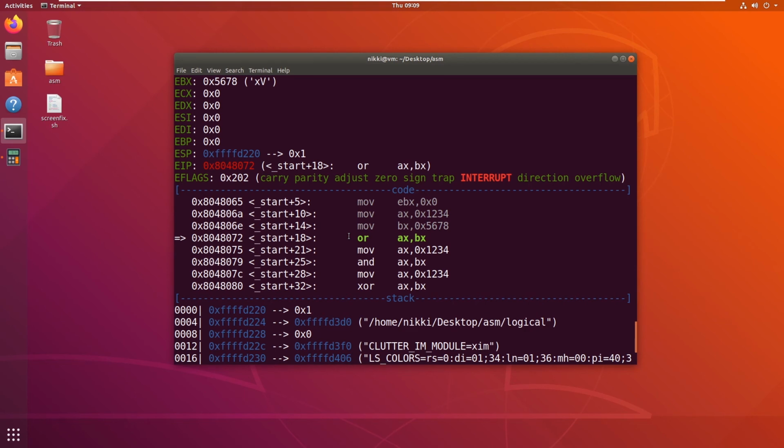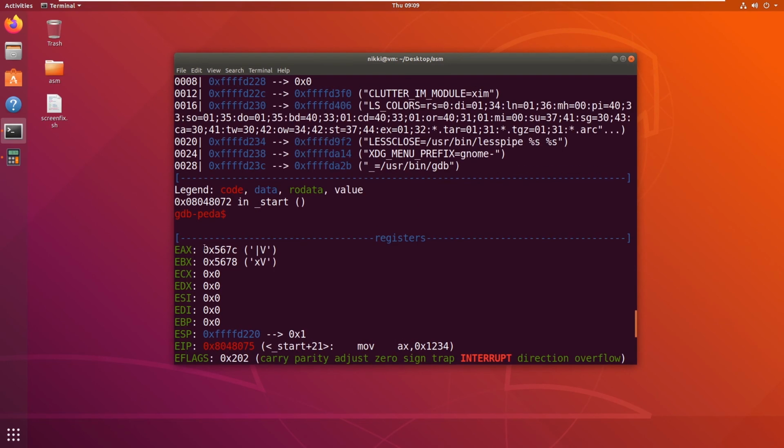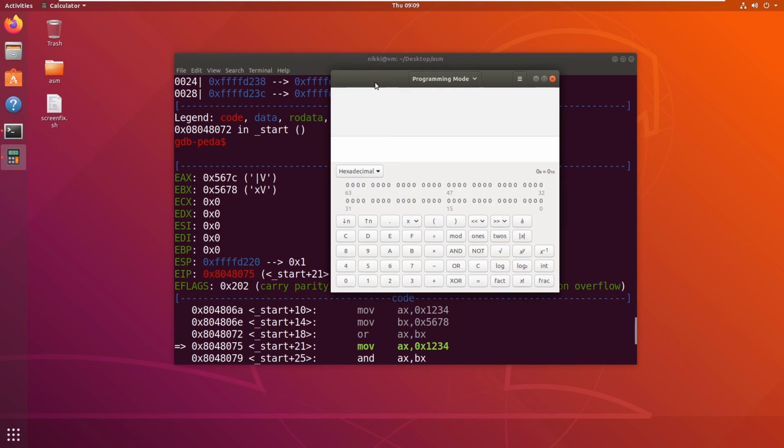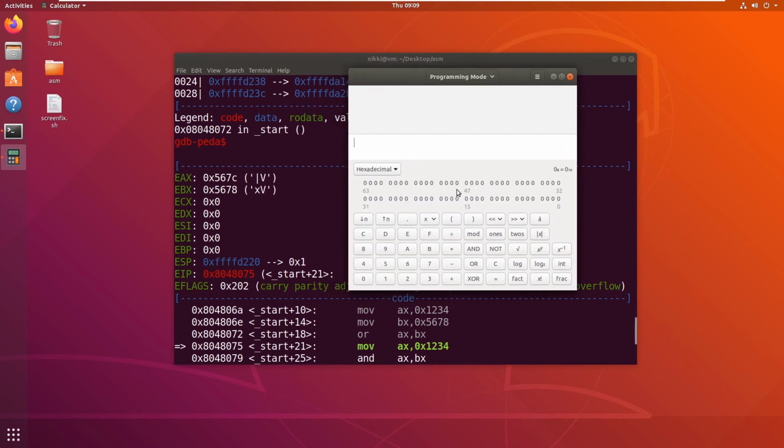Now if I hit enter, this instruction is going to be executed. So as you can see, the OR operation has been performed and we got the output 567C. Now we can make sure the answer is correct or not. We will open a calculator and find out.